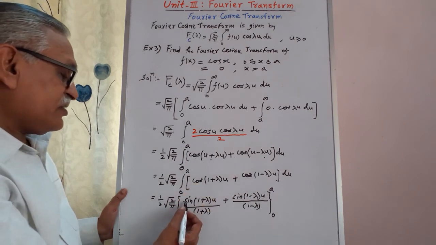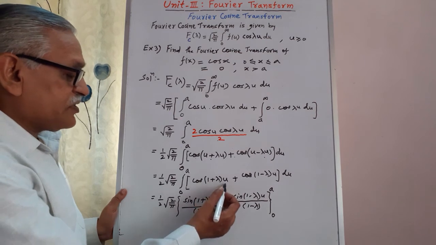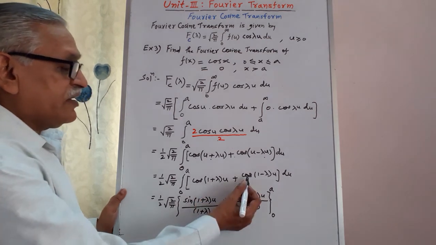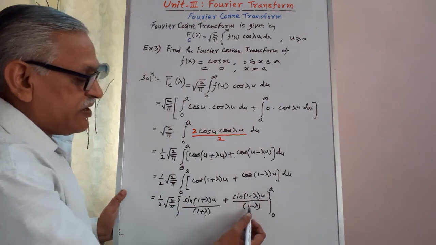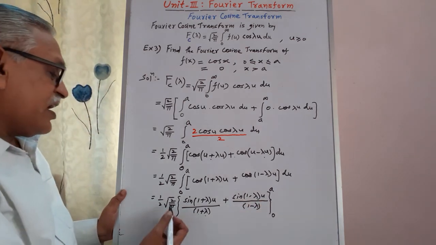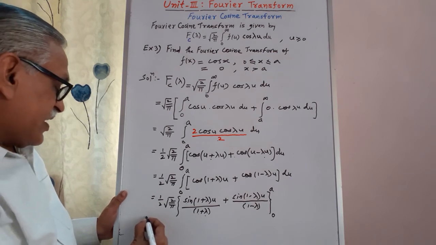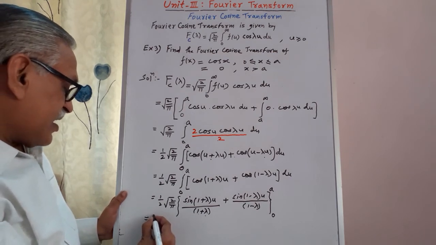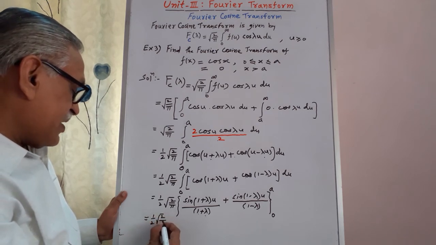Integrating cos as sine 1 plus lambda times u divided by the coefficient of u as 1 plus lambda, integration of this term as sine of 1 minus lambda times u divided by 1 minus lambda, and limits from 0 to a, and therefore we get 1 by 2 root 2 by pi,